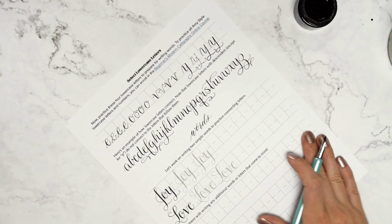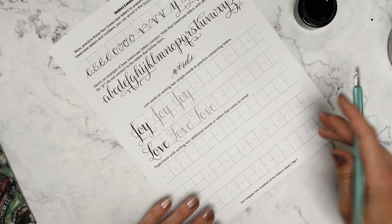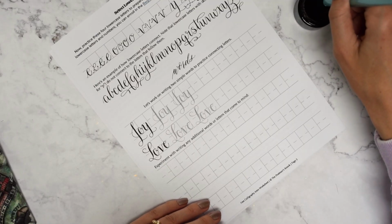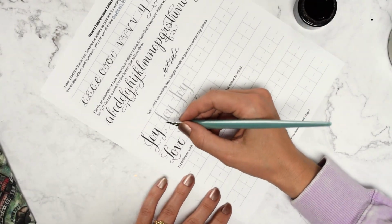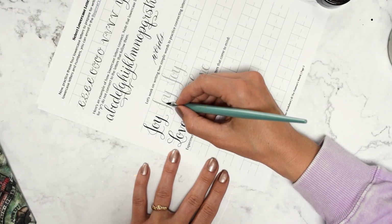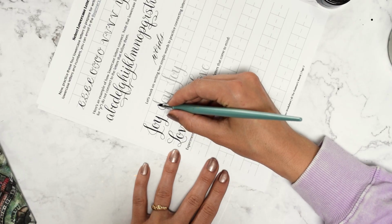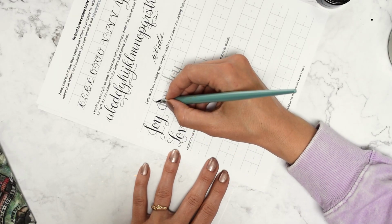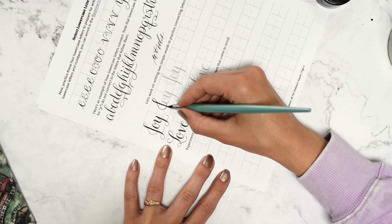And there we go. If you've made it this far, well done. We're going to finish up by working on a couple of words, and then I'll give you parting advice, and hopefully you'll decide that calligraphy is something that you want to pursue. Again, move your paper, rotate it so that you get a good writing angle, and then just trace directly over these words. Pull this down for the downstroke,